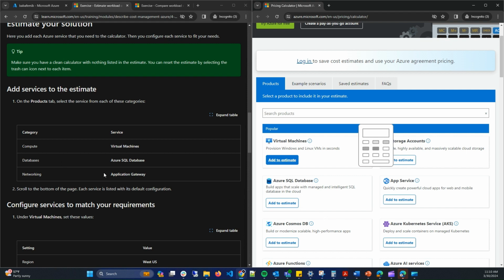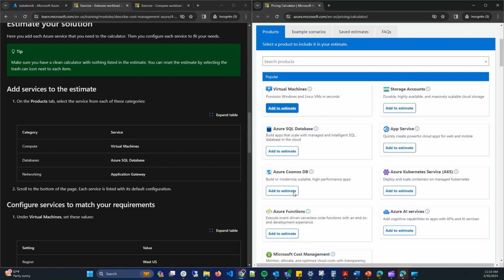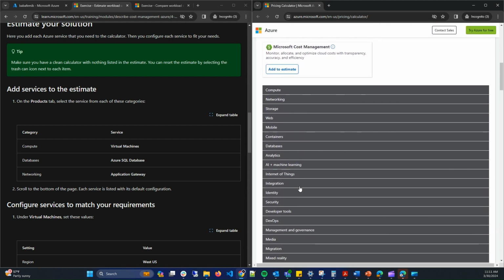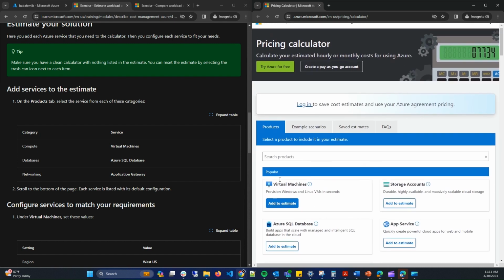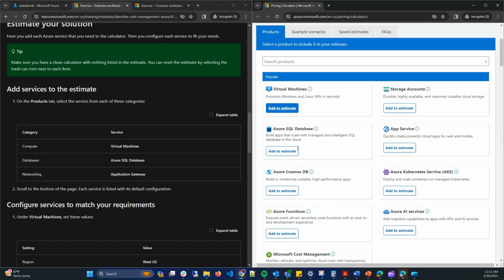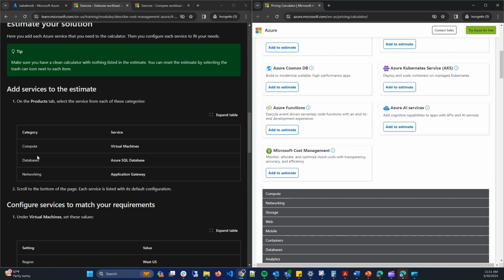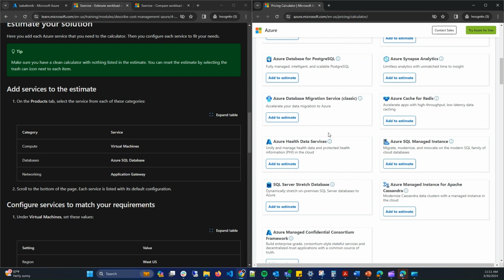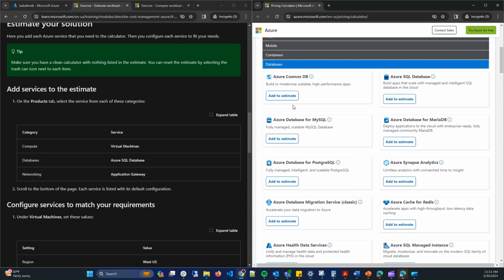So the next thing is to look for database, Azure SQL database. So let's look for Azure SQL database under the database. You can decide, it's just because these are popular ones. If you want to follow these, that will be under the compute category where you go to the virtual machine, but I've selected it. So I need to go to database and search for Azure SQL database. So let's look for Azure SQL database. So this is it, Azure SQL database. I'm going to add that